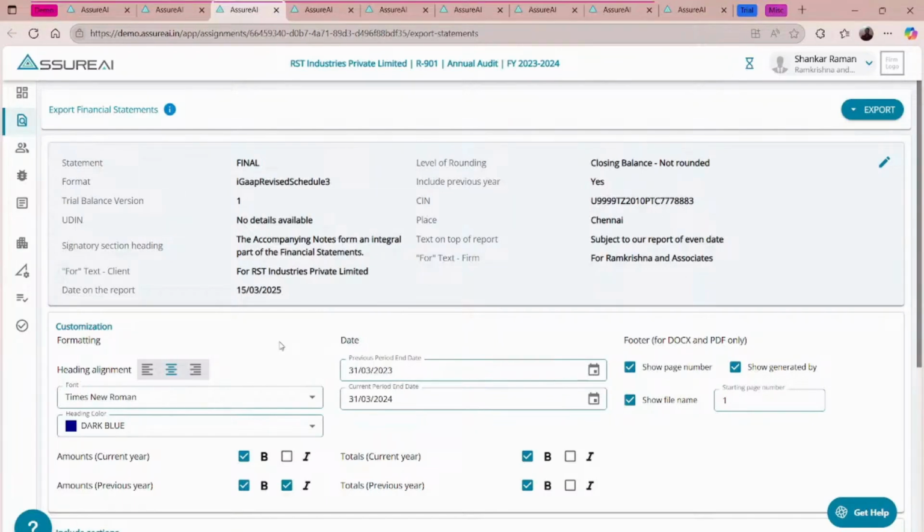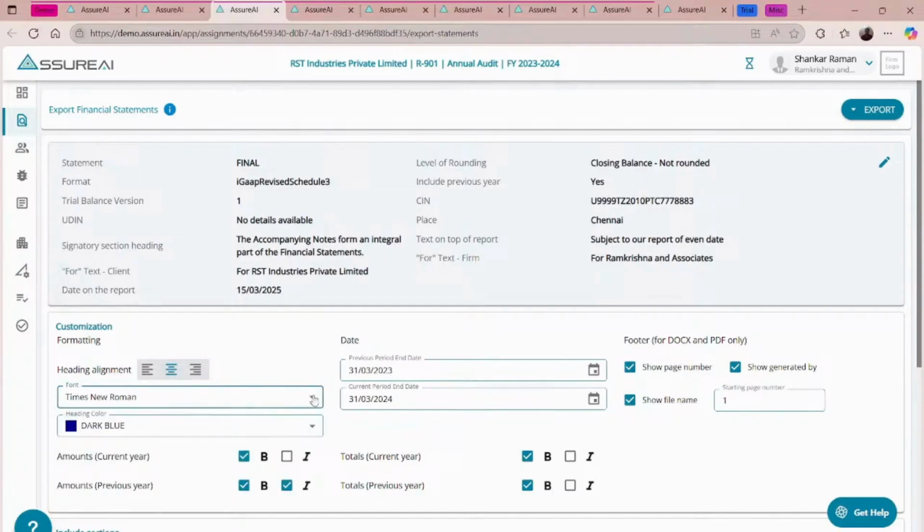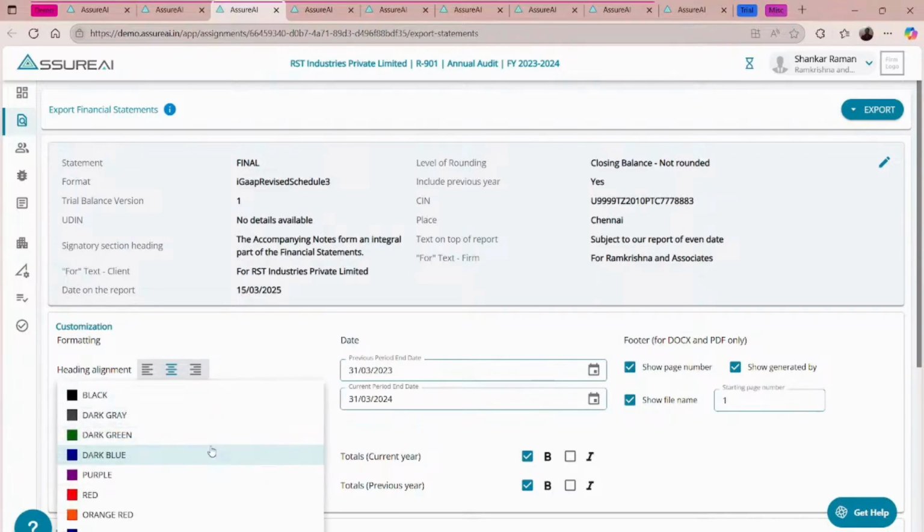What are all the customization options available here? Number one, the heading: where it will print, whether it will be left justified, right justified or center, that can be aligned. Font, you can modify; 3-4 font options are made available. Color for the headings in respect of final statement generation,